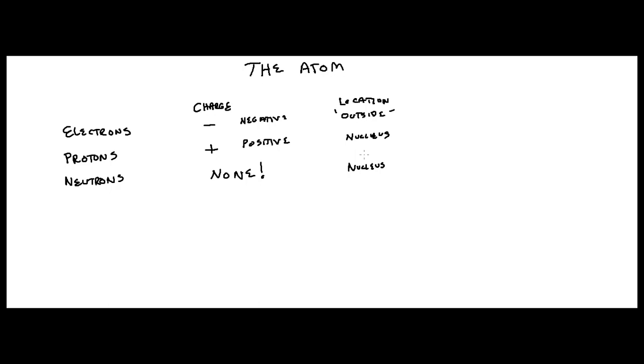All right, so let's draw an atom. That's probably the best thing. To draw this, let's take the most simple atom we have. It's the hydrogen atom. Got it? The nucleus is in the center of the atom. It has one proton, right? And then spinning around the atom, you're going to have